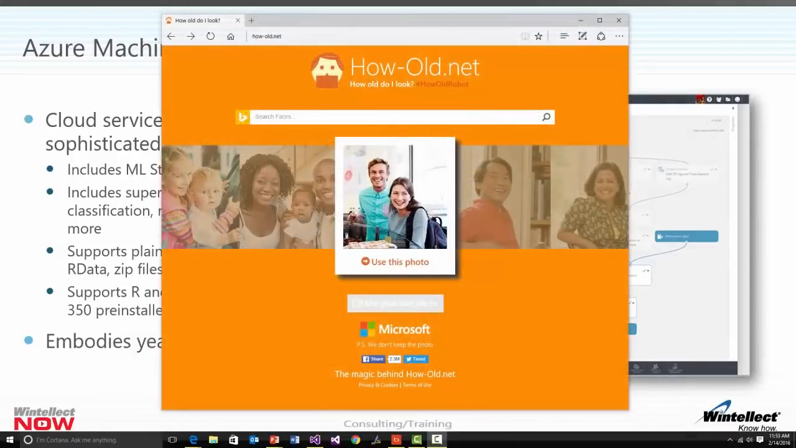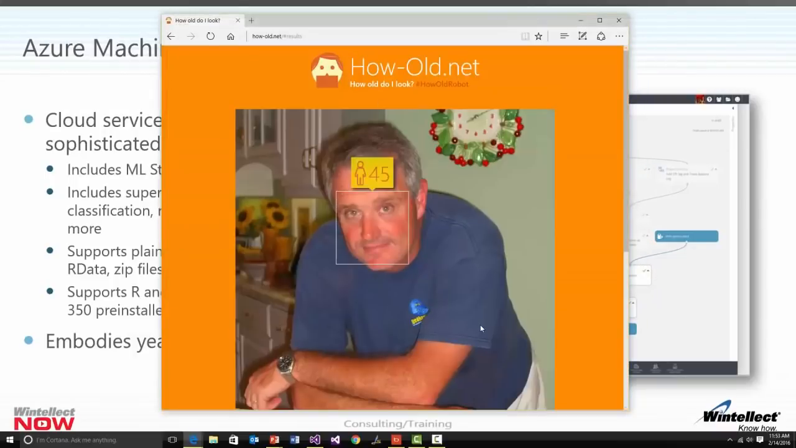If you've never seen machine learning at work, here's a website that you might find interesting. The URL is how-old.net. It's a website that's owned and maintained by Microsoft, and its purpose is very simple. It allows you to upload photos of people, and it attempts to predict how old the people in the picture are. Now, it uses a combination of machine learning based on regression analysis with some fairly sophisticated image detection techniques to find the faces in the photos and to pull out characteristics of those faces in order to predict how